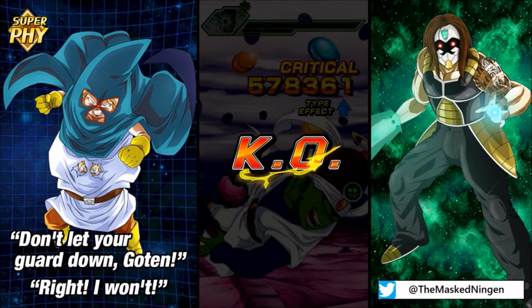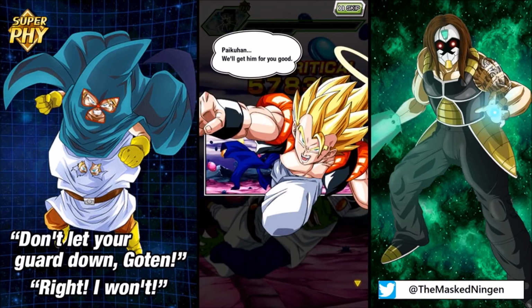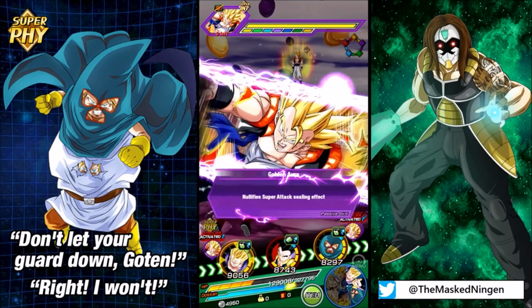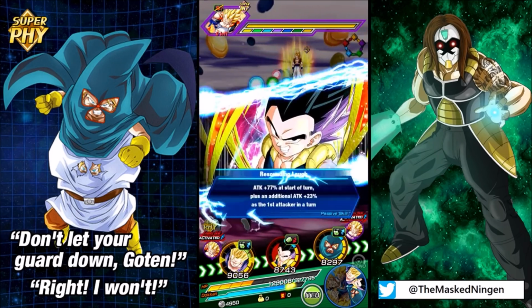So this will mean that we should be going into the first phase of the Gogeta fight with Mighty Mask's passive active. It should come up at the start of the turn. So yes, we know you can't be stunned or sealed, Gogeta. Let's see. So we get... Oh, we've got the Gohan on rotation as well. That is perfect. So...